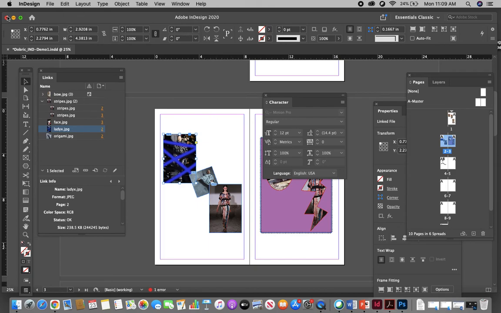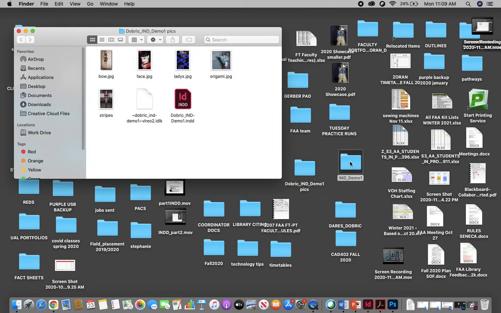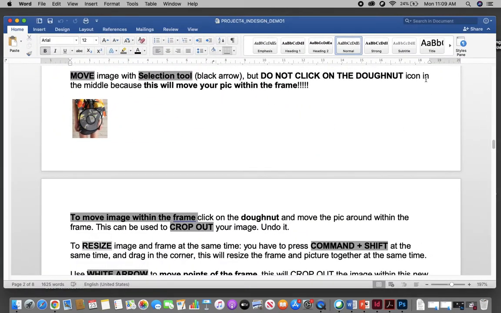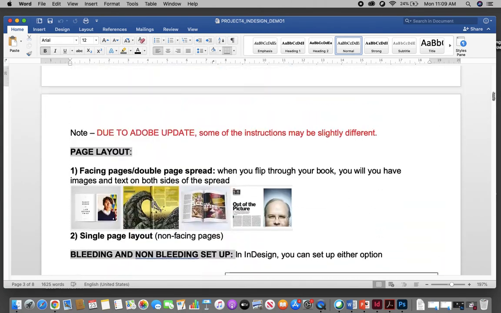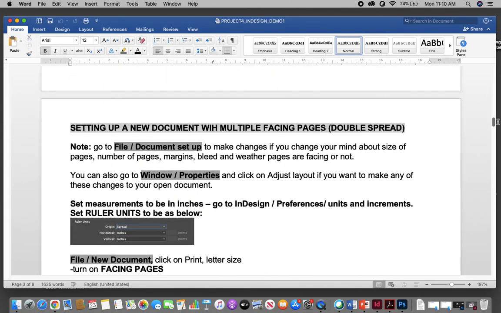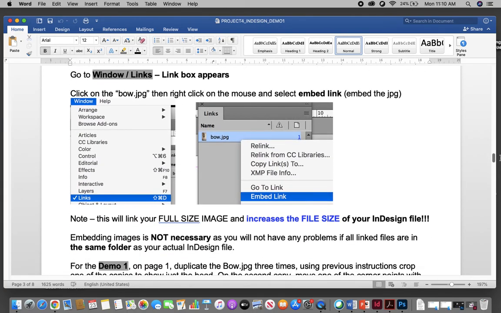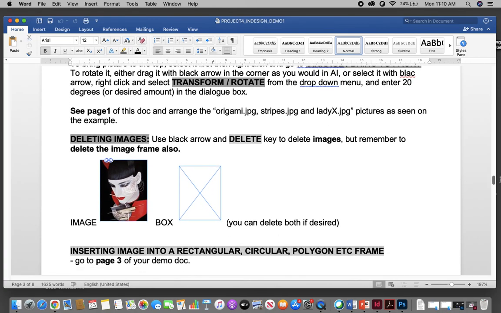And again, I would encourage you to follow step by step as you work and watch the video at the same time, step by step. The other thing I would recommend also is that you should print out the project number 4, especially when you start working on your own designs and on your own files, because then you can refer to how to set up a file, how to resize a picture, how to place multiple pictures, how to restack and rotate the